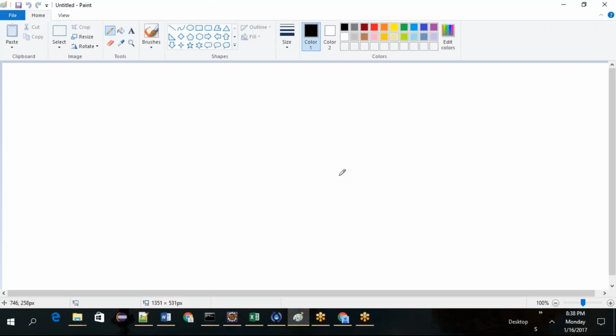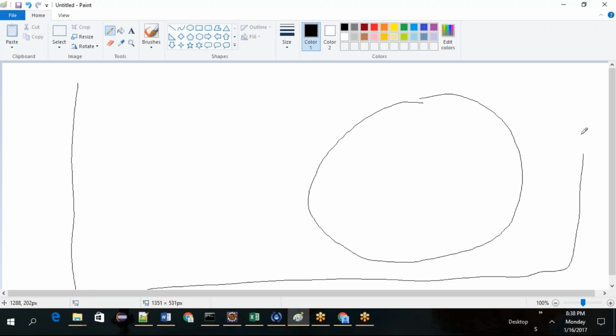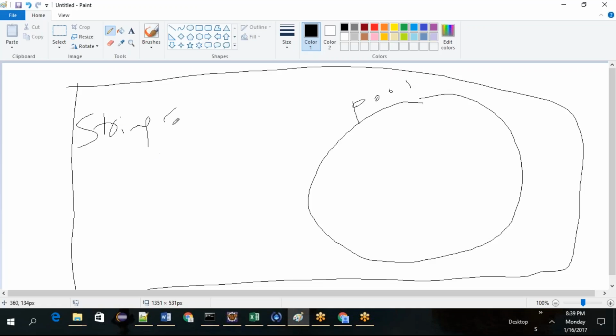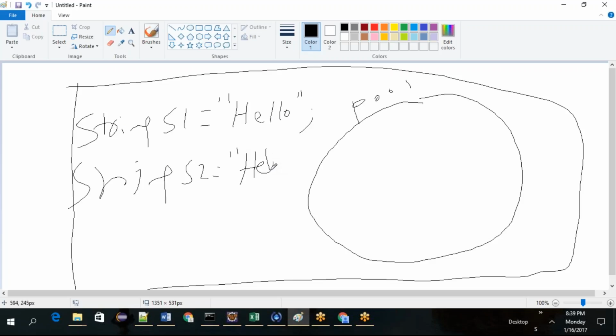Each time you run the program, a pool will be created in the memory. A certain section of memory will be created inside this memory box for the pool of strings. What will happen when you write String s1 equal to hello, String s2 equal to hello, and String s3 equal to hi?